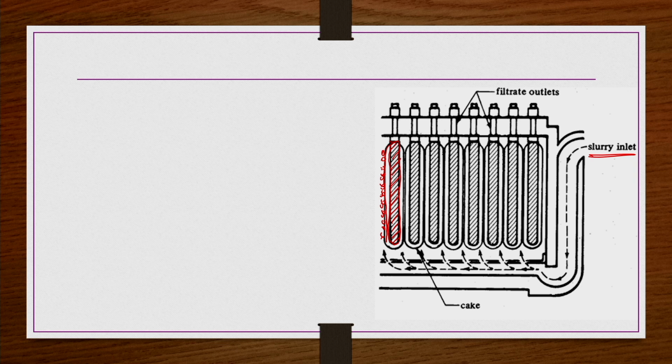They are deposited on the surface of the filter medium like this. In the previous case, solids were deposited inside the hollow structure of the frames, because the material was coming inside the hollow structure of the frames in the plate and frame kind of thing. But here, the material is coming from the outside, because of the pressurized conditions provided in the pressurized vessel, the material is coming from the outside of the hollow leaves.